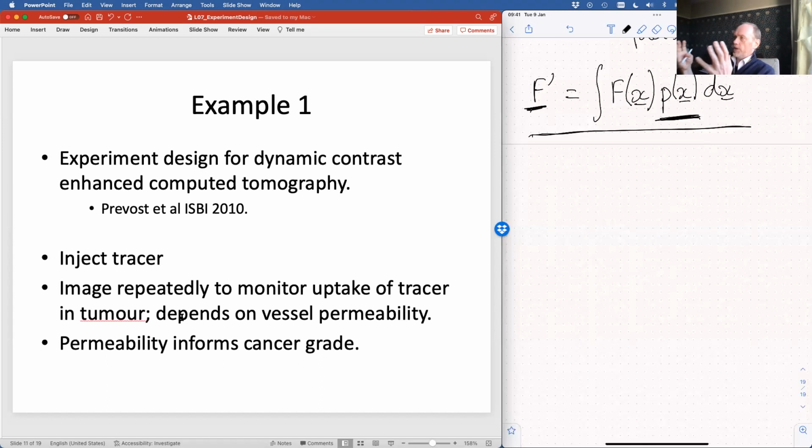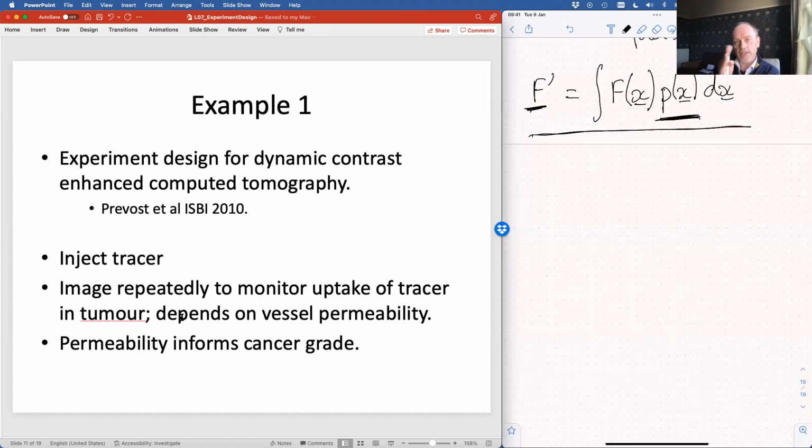Example 1, it's actually the only example in the slides. There's another example in the notes if you want to look up there. So we're going to think about a different modality that we haven't considered before, which is dynamic contrast enhanced computed tomography. So computed tomography, or CT, uses X-rays, and basically takes an X-ray image in lots of different directions so that you can then recompute a 3D picture of the inside of an object. Dynamic contrast enhanced CT